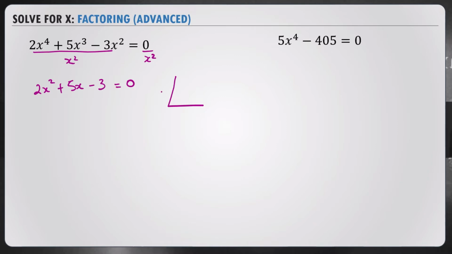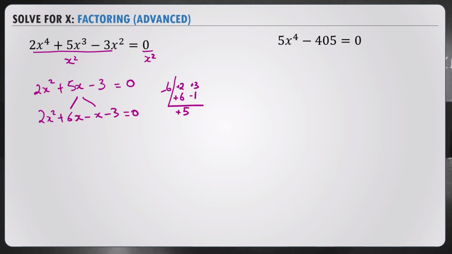Now 2 threes are 6, using the box method. And this is 5. Which two numbers when multiplied give me -6 and when added give me a 5? That's 2 and 3, but positive 2 and positive 3 will not work, will not give me a -6. I have to think of another pair, which will be 6 and 1. 6 ones are 6. I would make this a positive 6 and a -1. This works out correctly. So let's split this into 6x minus 1x and bring the 2x squared down